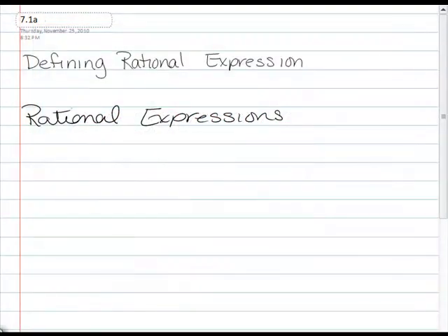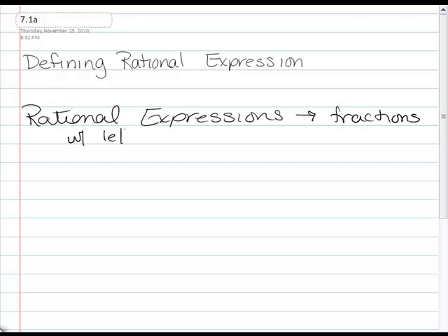In Chapter 7, we're going to be dealing with rational expressions. So let's first define what a rational expression is. When you use the word rational, like a rational number, what we're talking about in mathematics is a fraction, okay? And when we use the word expression, we're talking about something like 5x plus 2, some combination of numbers and letters together. So when we talk about a rational expression, what we're talking about are fractions